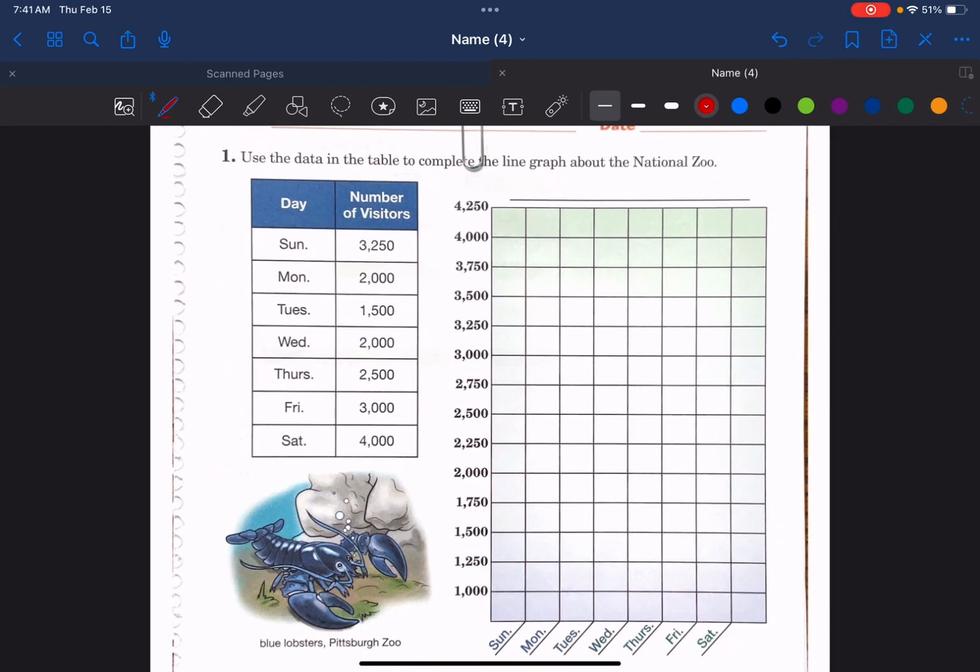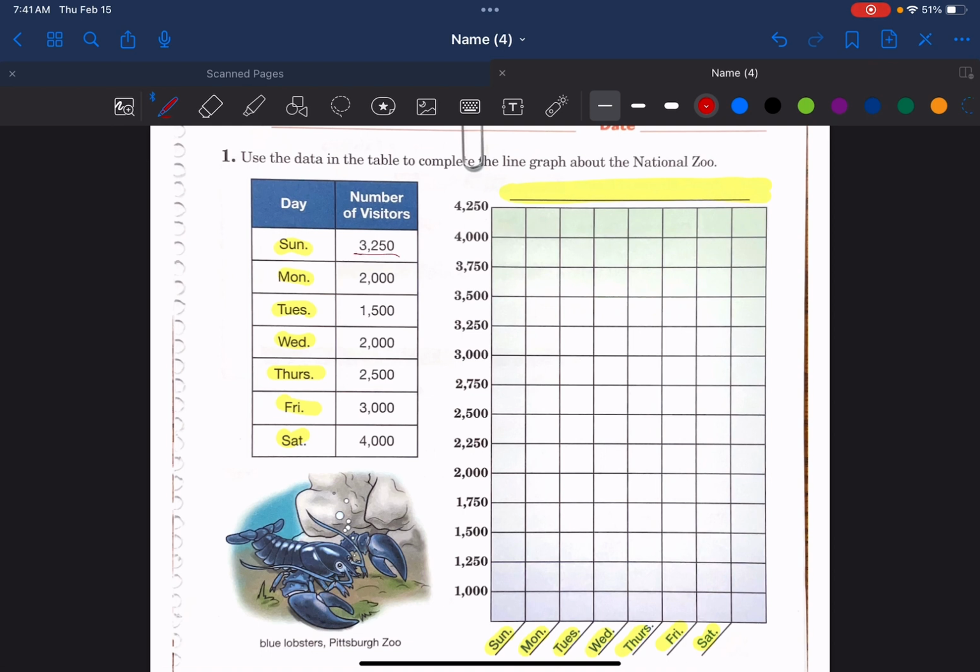So it says use the data in the table to complete the line graph about the National Zoo. So you have your labels down here below: Sunday, Monday, Tuesday, Wednesday, Thursday, Friday, Saturday. The same labels are here in your table. So you need to write your title. What do you think the title would be of this graph? And then you're going to go and copy down the data from the table onto the graph. So this one says